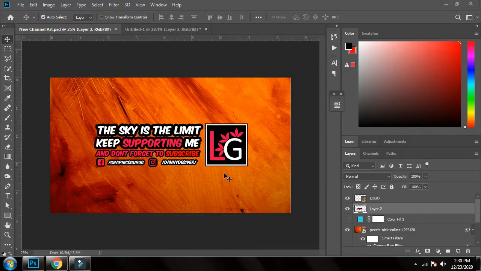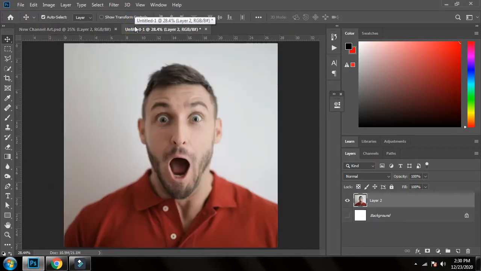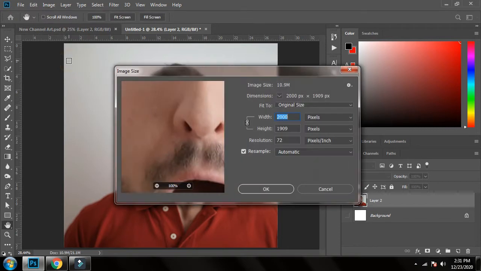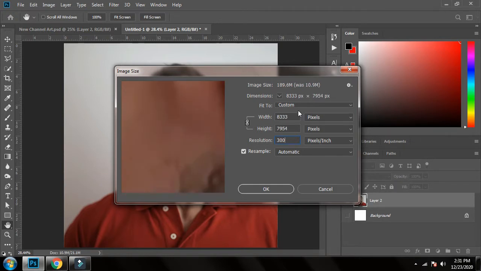First of all, open your image in Photoshop. I have already opened the image on which I will be working. So here you can see the image, and I will give the cartoonic effect to it. But before that, make sure that the image resolution, image size is set to something between 1500 to 3000, so it will give you perfect results, and the resolution should be 300 pixels per inch.